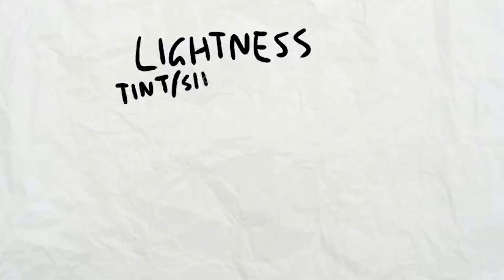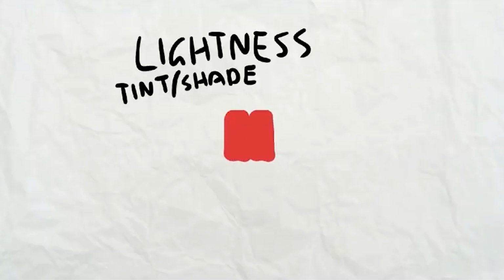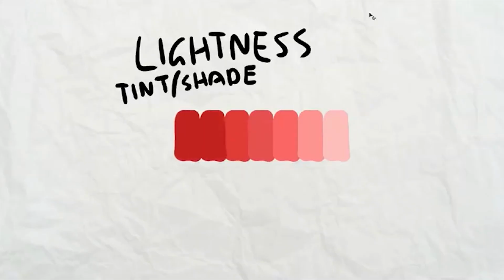The next is lightness, and this can also be split up into tints and shades. So this is basically how bright or dark a color is. This doesn't affect the hue or the saturation or anything like that. It's basically just adding white or black into the color. So if I sort of draw some little rectangles here, you can see I'm sort of making them lighter and lighter. So they're basically tints, and then I'll make some more and I'll make it darker and darker, and these